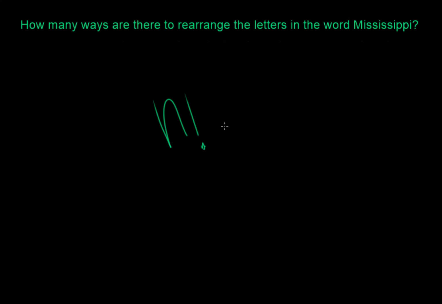factorial. N factorial, this operation, rearranges the letters in any word given, but you just need to know the number of letters there are. In Mississippi, there are 11 letters if you count, but you can't just jump ahead and do, okay, 11 factorial, and we're done. Now, before we go on, factorial really means 1 times 2 times 3